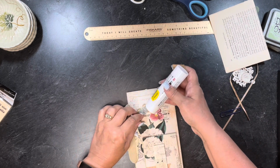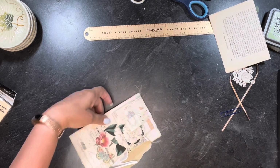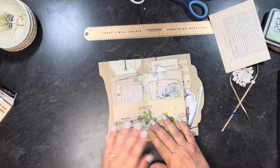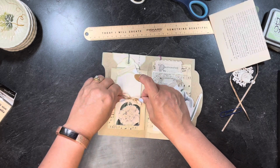And so I'm just going to give them a little dab to keep them all together so they don't rip. All right, so that's done. Now on this,